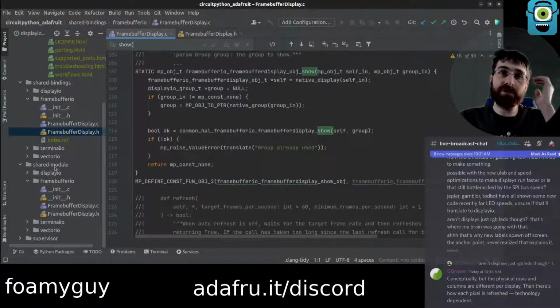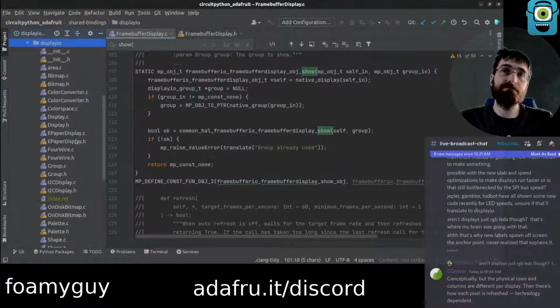So we'll start in shared bindings. I am going to copy from... Do we want to copy from the e-paper one, or do we want to copy from the regular display one? Probably doesn't really matter. We're going to have to change a fair amount of both because this one is not displayio, and a lot of the code is going to have displayio at the beginning of it.